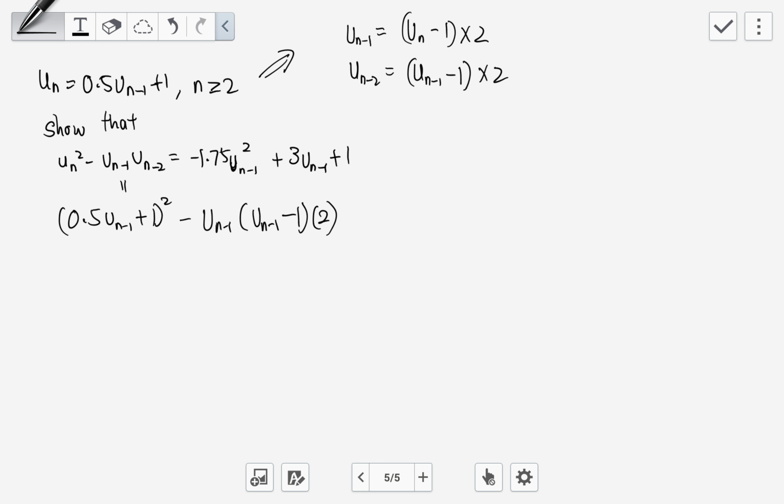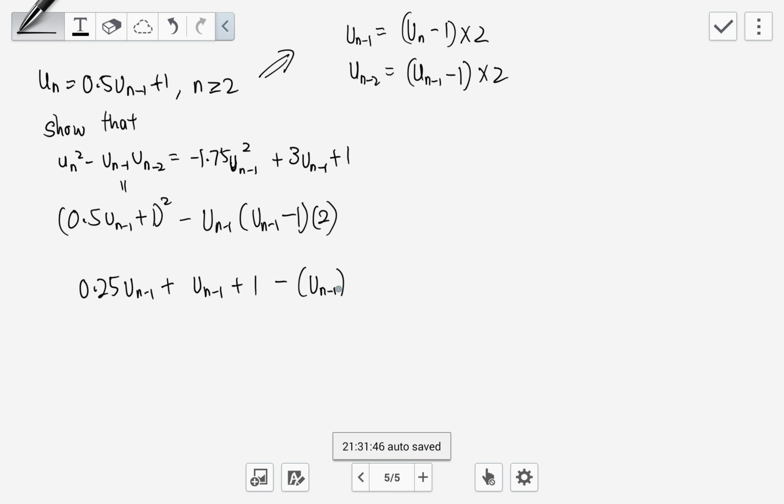So 0.5 squared is 0.25 u_{n-1} squared, plus 2 times 0.5 times 1, which is 1 times 1, so I get u_{n-1} here plus 1. This is just a quadratic expansion: a squared plus 2ab plus b squared. Then the next thing is minus